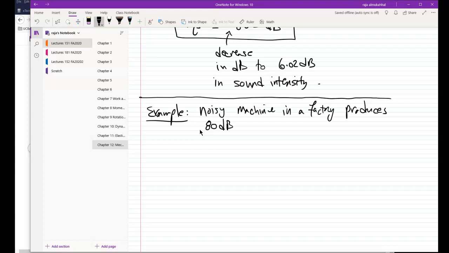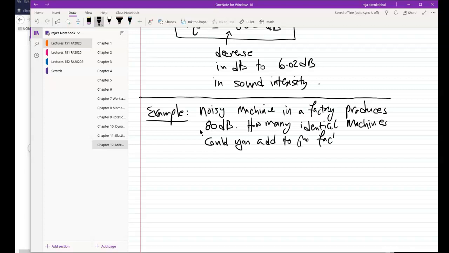So the question is, how many identical machines could you add to the factory without exceeding